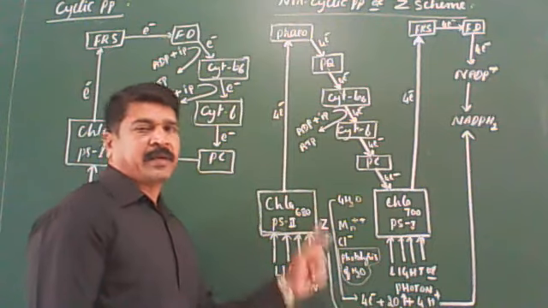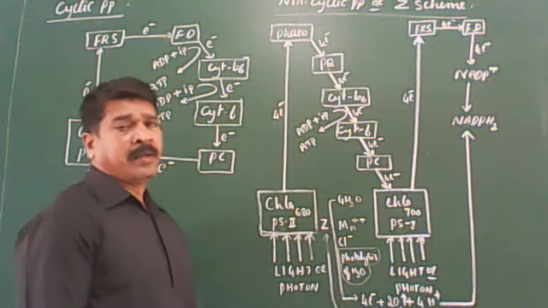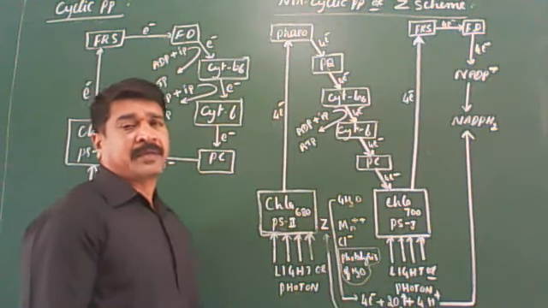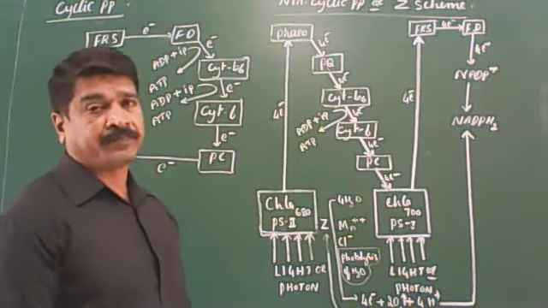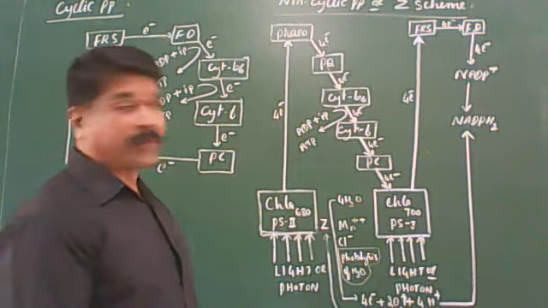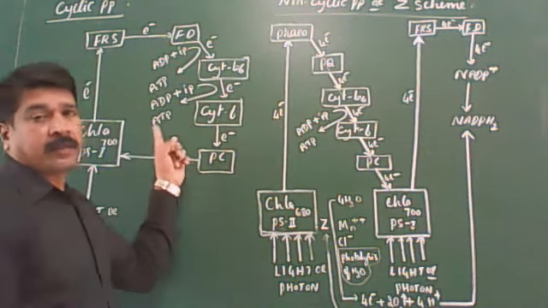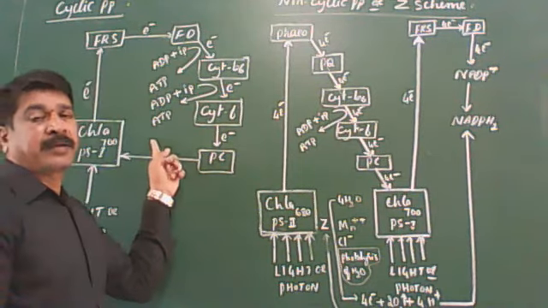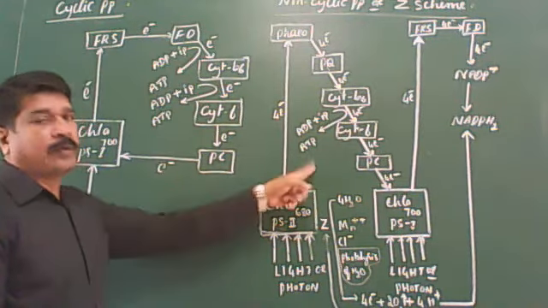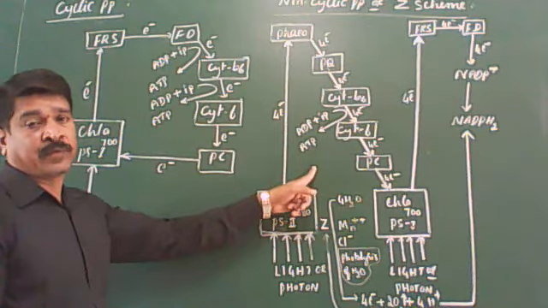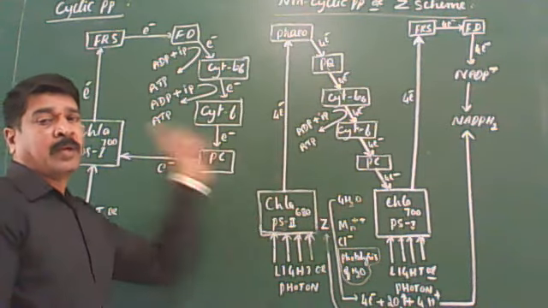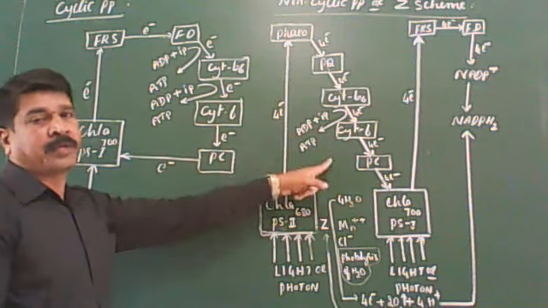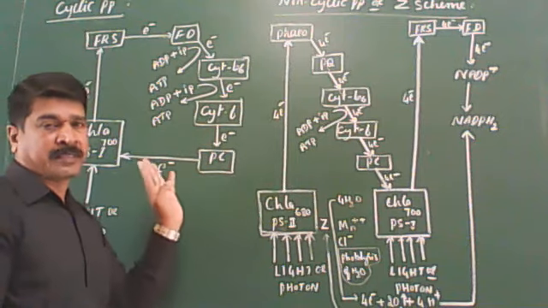Because electrons travel in a zigzag manner, the outline of non-cyclic photophosphorylation looks like the letter Z. Hence it is also called Z scheme. Clear? So, the differences. In cyclic, ejected electrons come back to the same excited chlorophyll. In non-cyclic, they do not come back to the same excited chlorophyll. Cyclic involves only PS1; non-cyclic involves both PS1 and PS2. In cyclic, only ATPs are synthesized; in non-cyclic, both ATP and NADPH2 are synthesized.